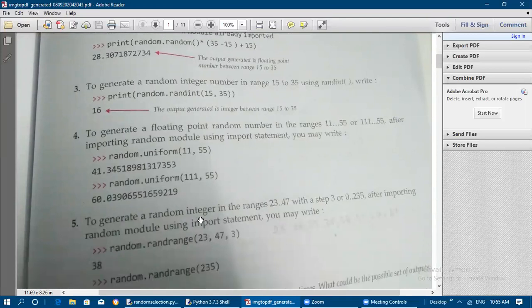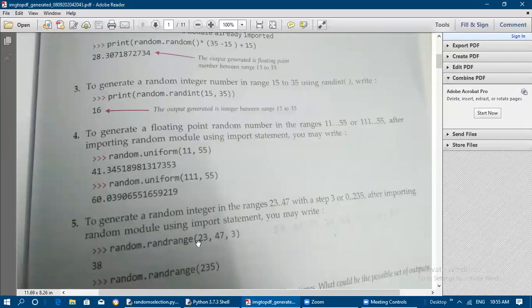Next, to generate a random integer in the range 23 to 47 with a step value of 3, and also in the range 0 to 235. After importing the random module, we can write the randrange function like this: random.randrange(23, 47, 3).